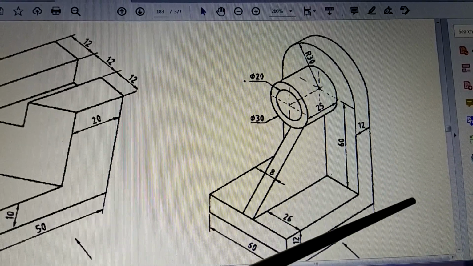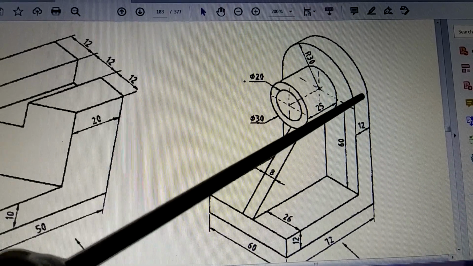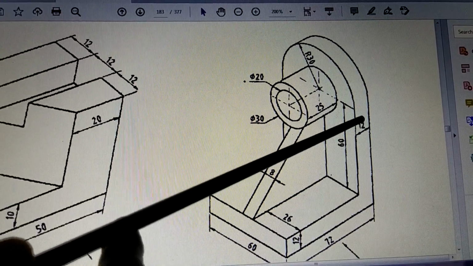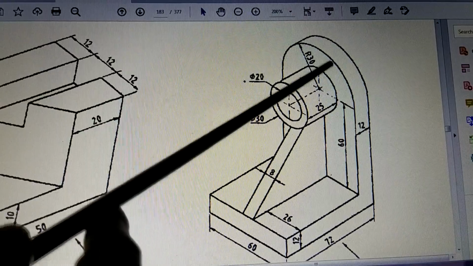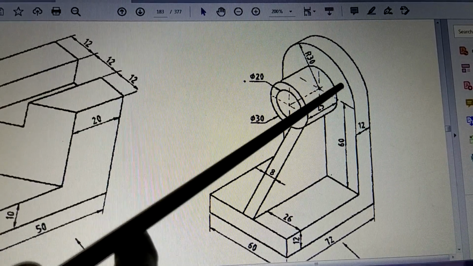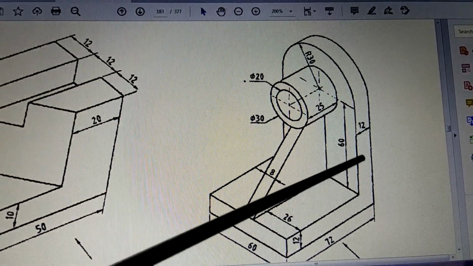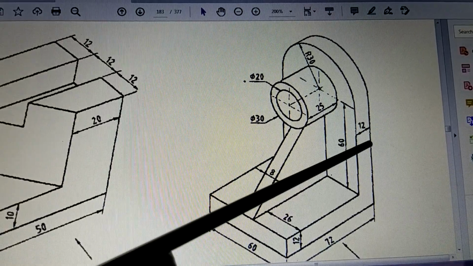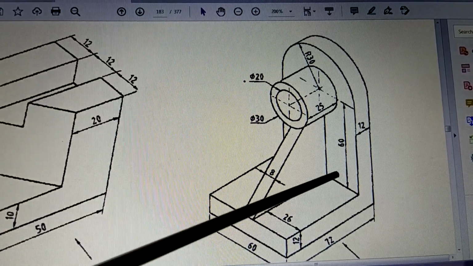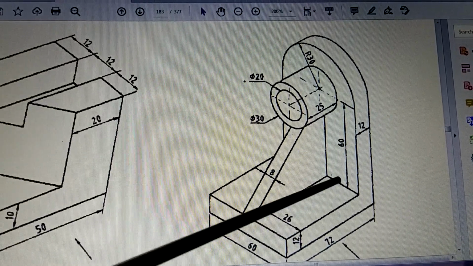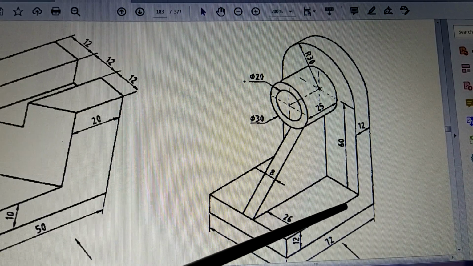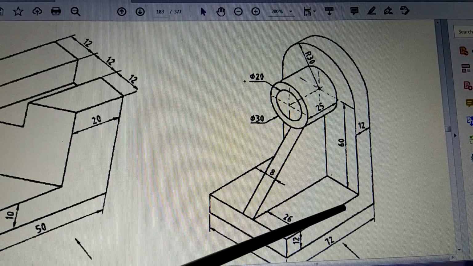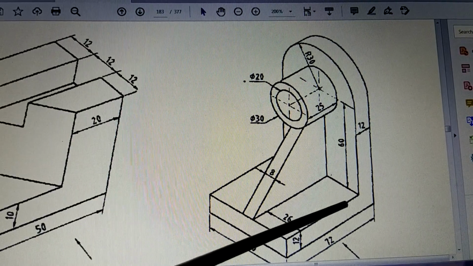Now here directly the height is not given, but you have to realize that the surface is flat till here, and after that the surface is in the curvature form. But although it is in curvature form, this curvature and this flat surface are merging properly. That means, see, there is an edge here where this surface and this surface meet. This edge you can physically touch by hand, and you can feel it.